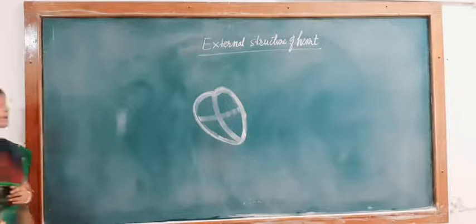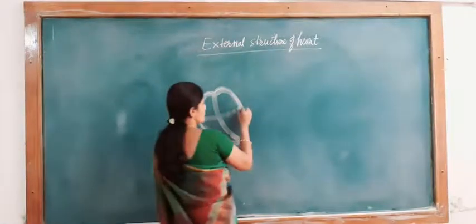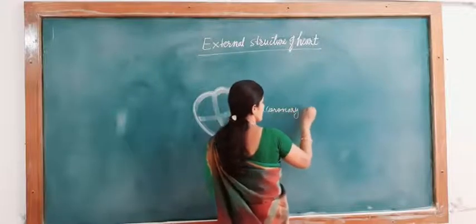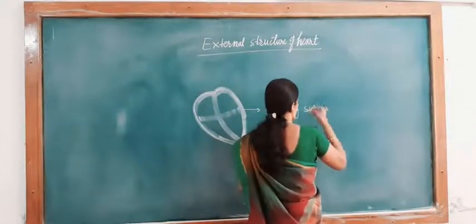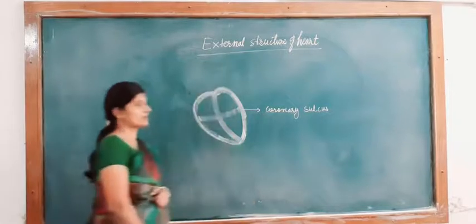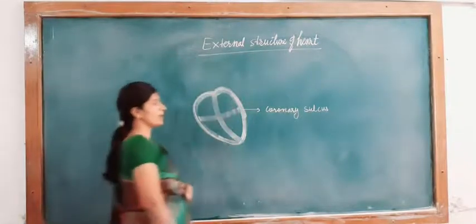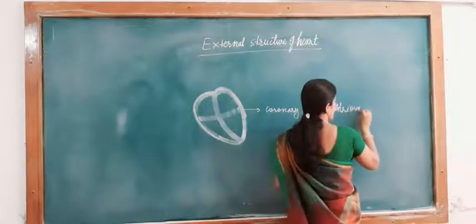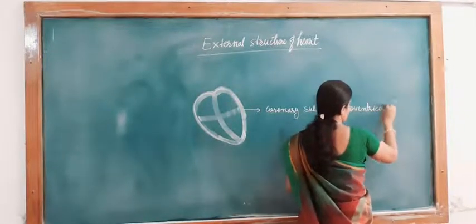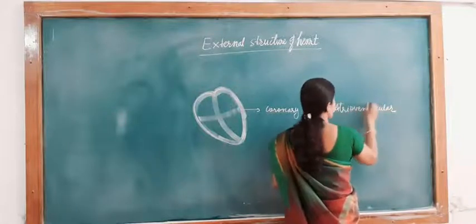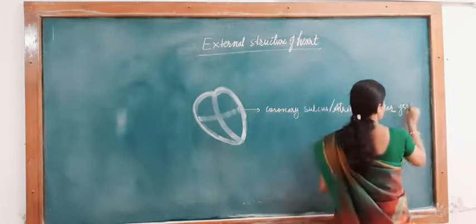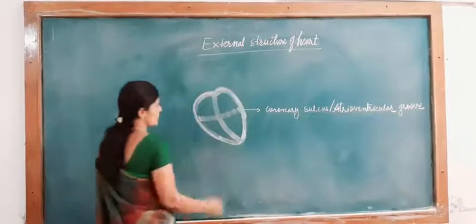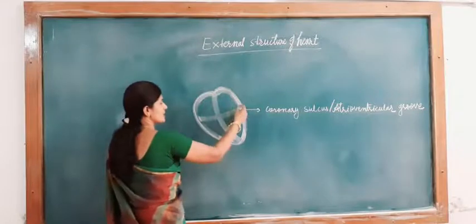or atrioventricular groove. This groove is called the coronary sulcus, or atrioventricular groove. A groove is a depression. Externally, when we see the heart, we will find that one depression is there,